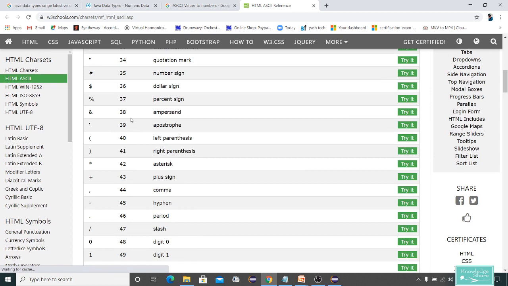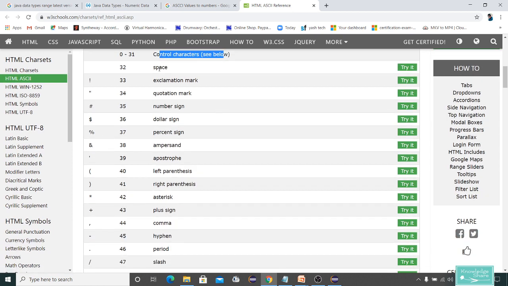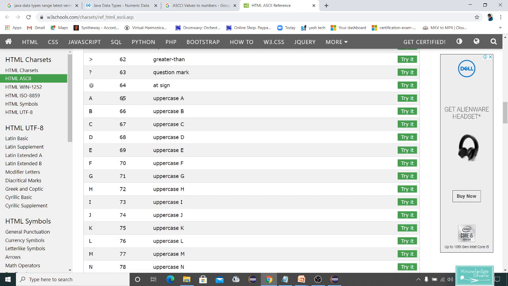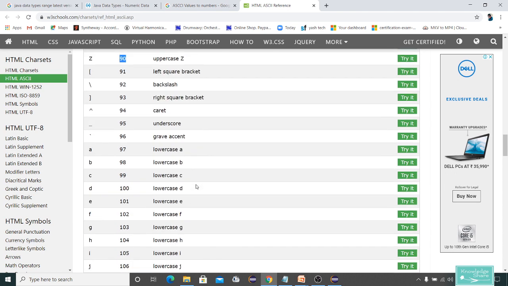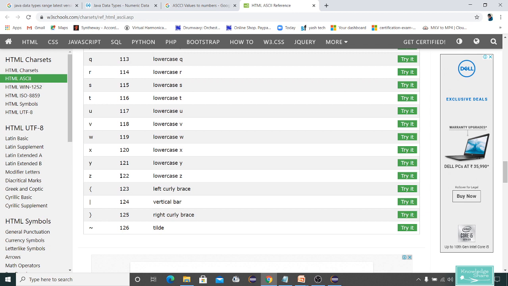You can see different ASCII values: 0 to 31 are control characters, 32 is space. For uppercase letters it starts from 65 and ends at 90, and for lowercase it starts at 97 and ends at 122.